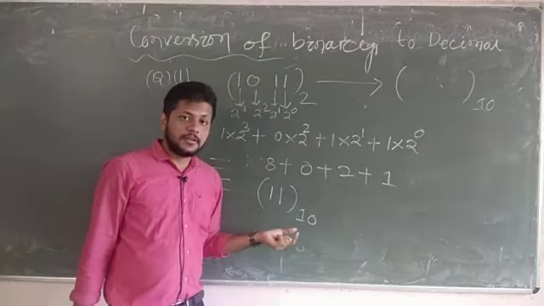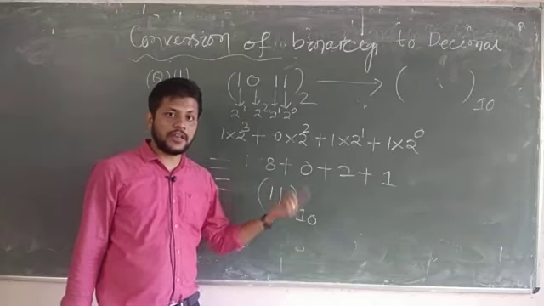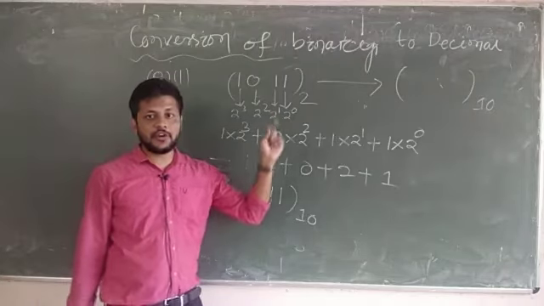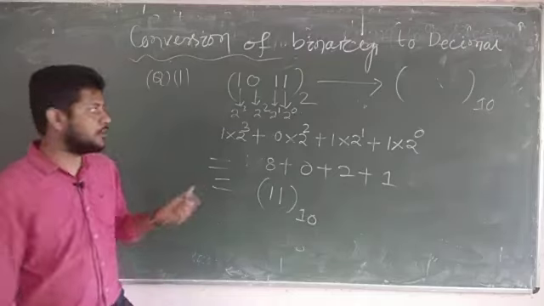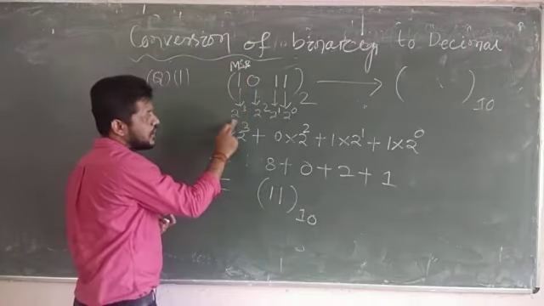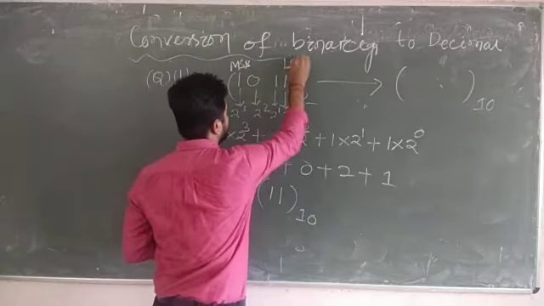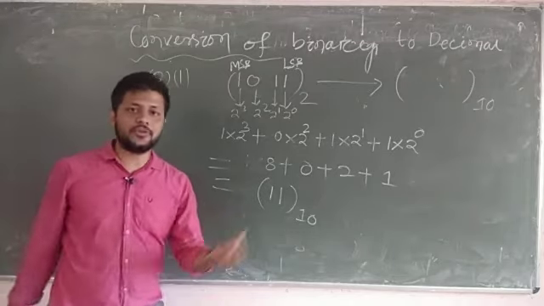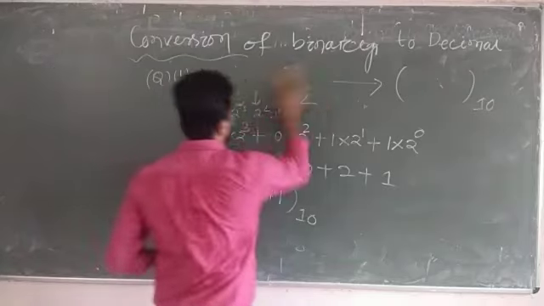You can prove it by converting this decimal number 11 into binary. How to convert a decimal number into binary? Just divide by 2. And now we have seen how to convert a binary number into decimal: just write the positional weight and multiply with the corresponding bit. Always remember, this bit is known as the most significant bit because the weight is highest. Here 2 to the power 3 is the highest weight, and this bit is known as the least significant bit, which means the least weight is associated with that bit. Next we will see another example of how to convert a number.